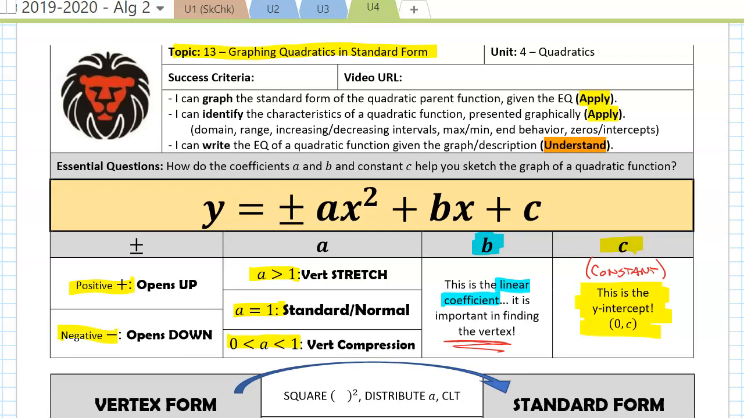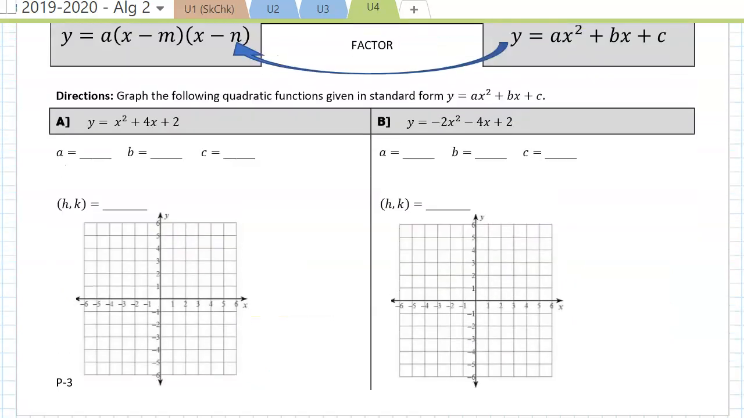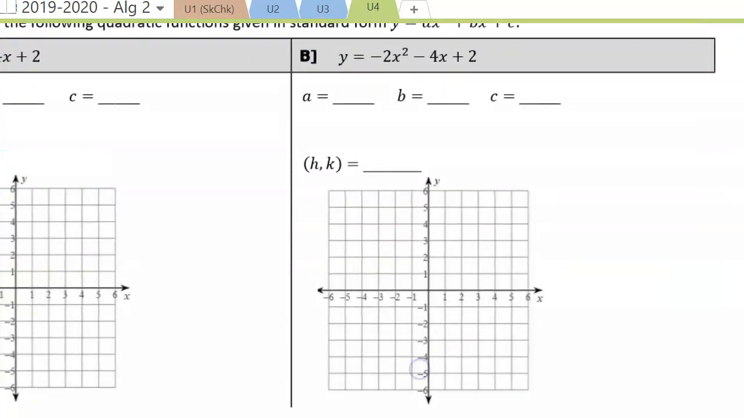So just jumping ahead, let's take a look at example B here. If I were to go ahead and label the a value, which is -2, b we see is -4, and c is +2, the only useful piece of information I can get directly from the form is I know that this is the y-intercept value, (0, 2). So I come down here and put a dot on the graph at (0, 2). That's it. That's all the form gives us directly from the equation, as we can figure out what the y-intercept